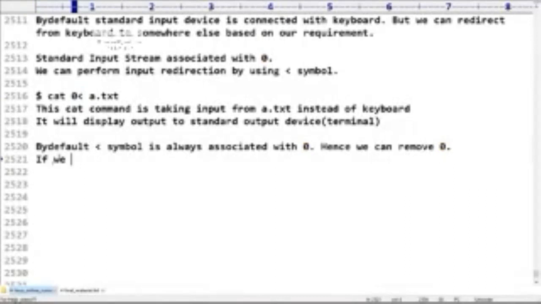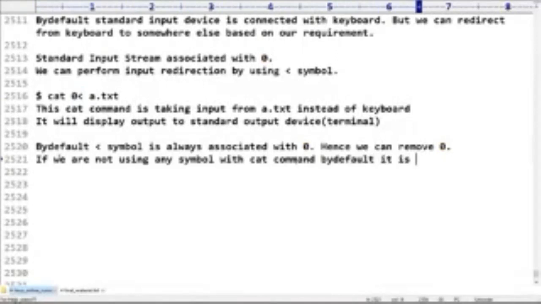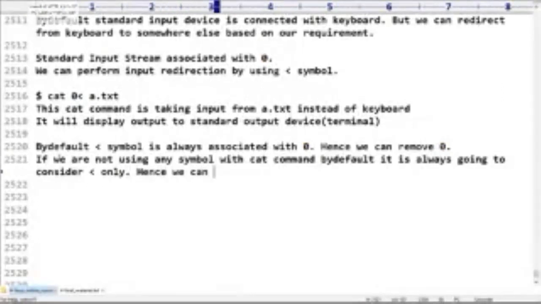If we are not using any symbol with the cat command, by default it is always going to consider less than only. Hence we can remove less than also. So now the command will become cat a.txt.